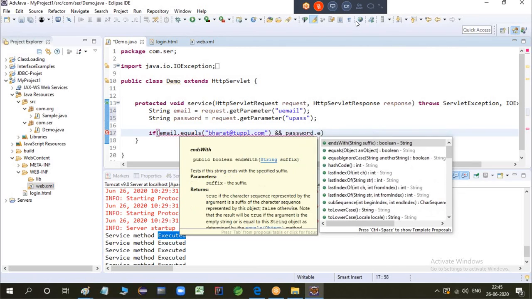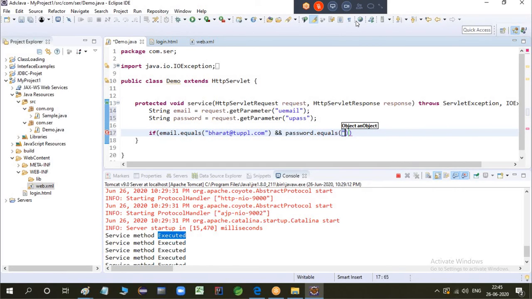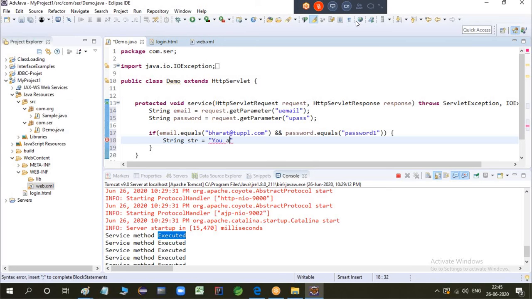dot equals to of the password which you are storing is something, password 1. If that is what I am entering, you just string is equals to, give some simple if logic, if else logic.